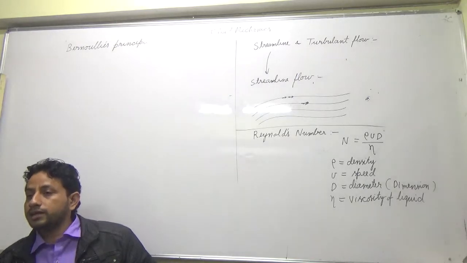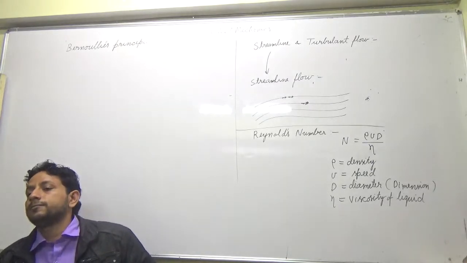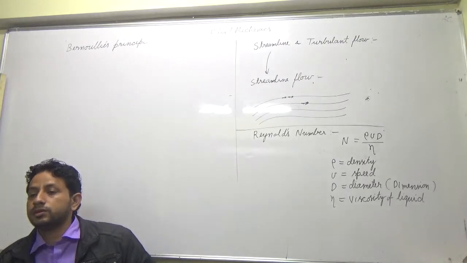And gives a relation between velocity at a point, pressure at that point, and height of that point. ठीक है,